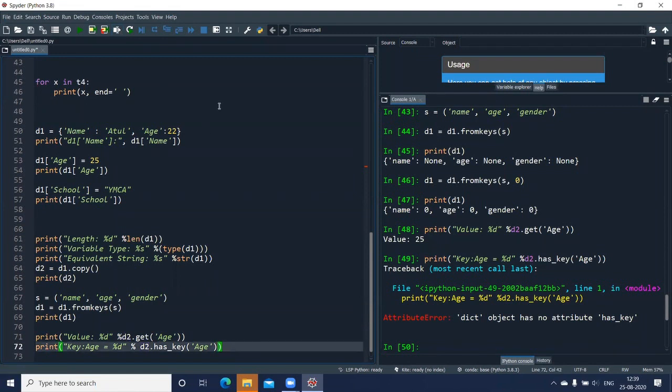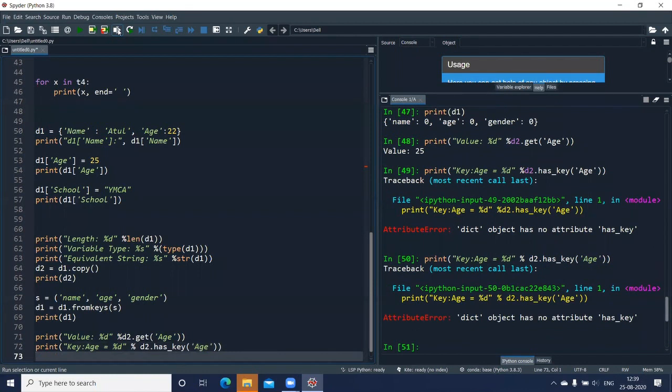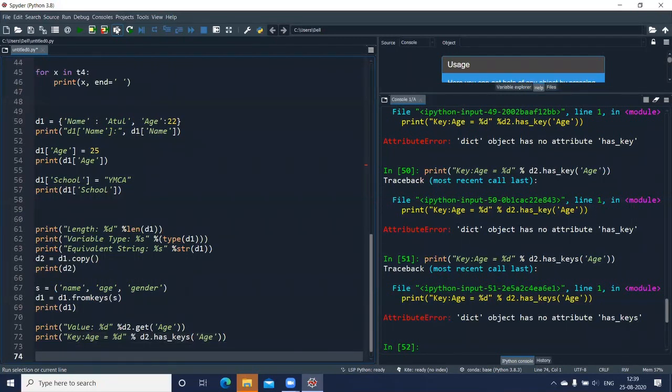Might be there's some issue here. Let me check whether it is has_key or has_keys. It's not working. Okay, fine, forget it. When we come back, I'll check whether it is supported in the older version or the new version.